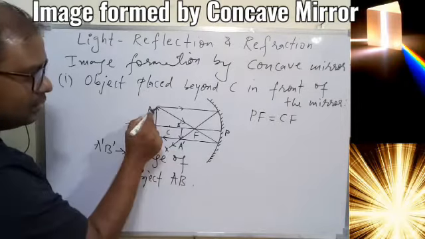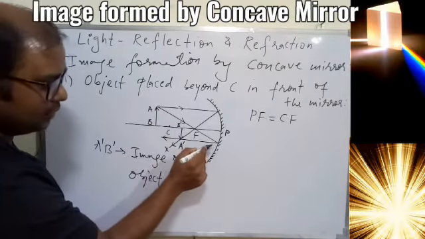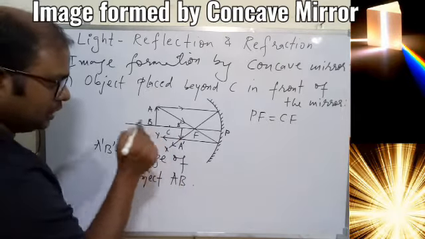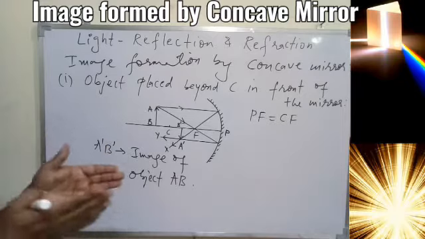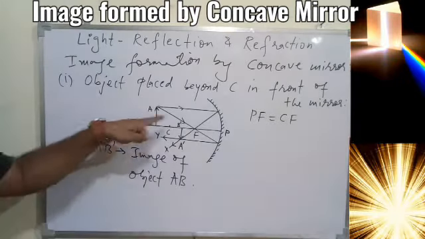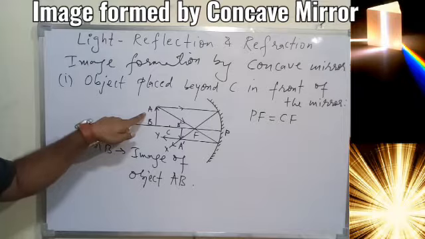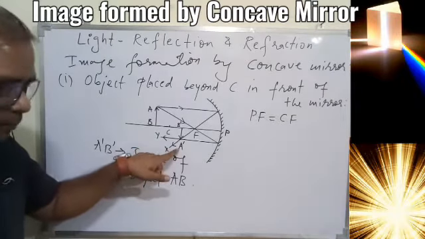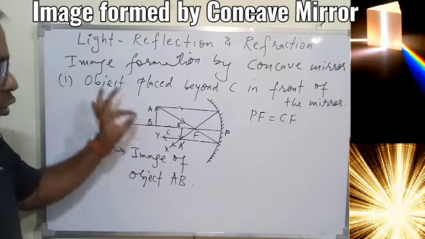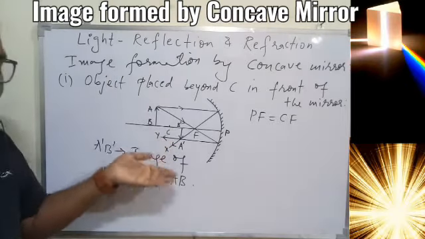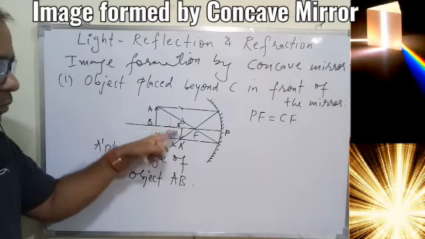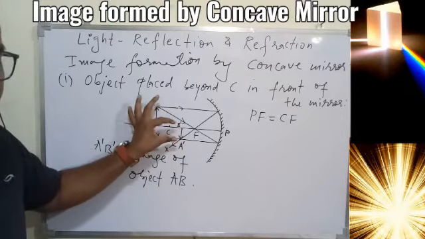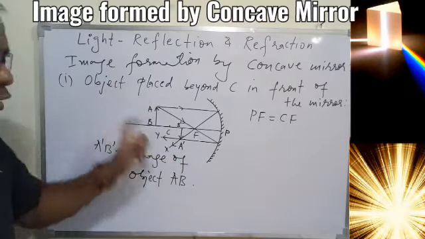The second rule we apply: if a ray of light is passing through the focus, it will become parallel after reflection from the concave mirror. So this is another ray Y. X and Y, two different rays of light, are coming from the mirror, from A only. Since the two different rays are meeting at a point, A prime, we can say A prime is the image of A, and we just need to connect to the principal axis. Then what we get here is the position for B also. Now A prime B prime is the image, AB is the object.